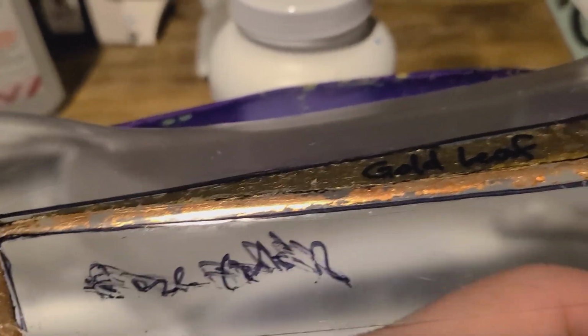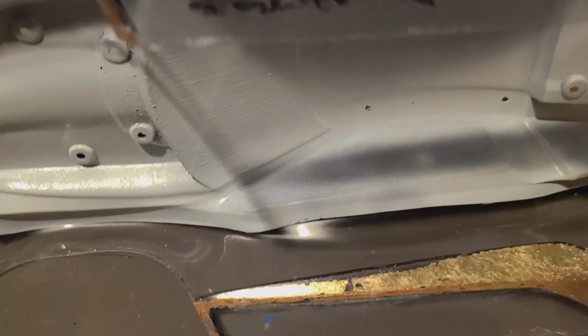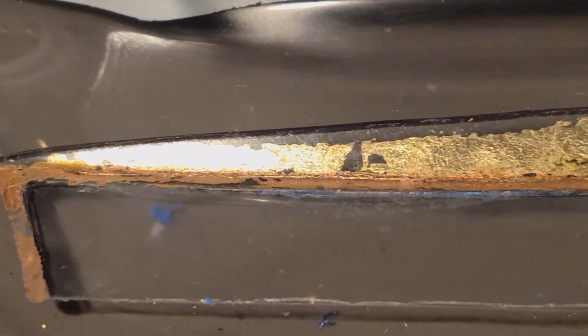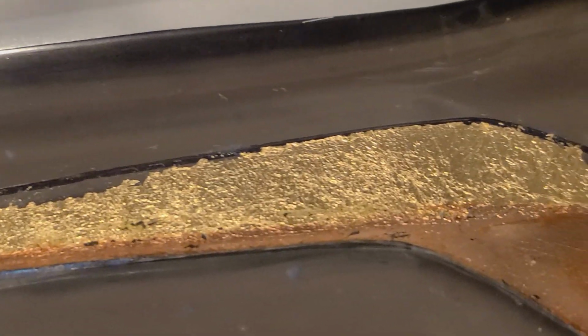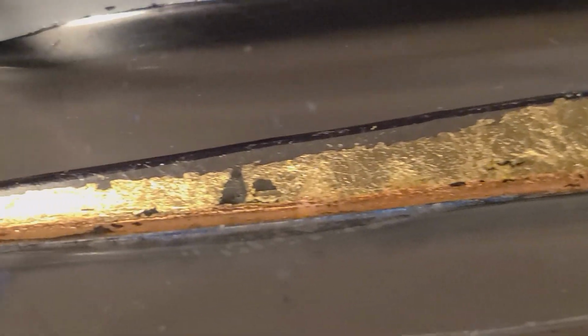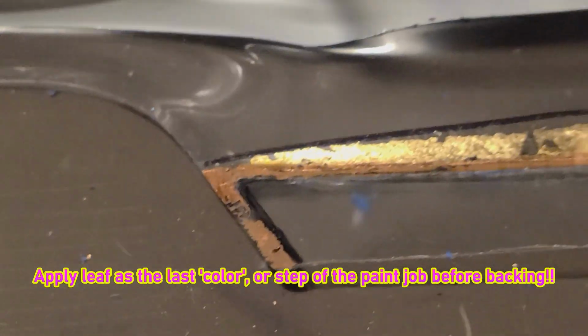Unfortunately, as you can see here, in getting it off, I also did take off some of the gold leaf and the rose gold, so now I have to fix that again, and that is adding to my displeasure with working with gold leaf and whatnot in the order that I did. Like I said, it looks badass on there. It has a reflective and texture that is pretty awesome. It's hard to beat. Looks even better, of course, from the other side. But the order in which I did it, I would definitely do different. I would have done this portion last had I known how it was going to work out. So anyway, fixing all this. Gonna fix the gold leaf and the rose gold right now, so that way tomorrow I can finally lay down the